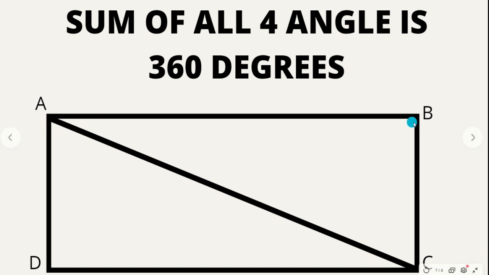So since a quadrilateral is a figure comprising 2 triangles and the sum of all angles in a triangle is 180 degrees, 2 triangles would be 360 degrees. So by this we can say that all 4 angles in a quadrilateral are equal to